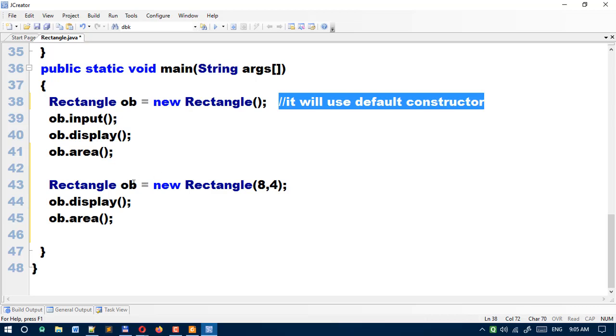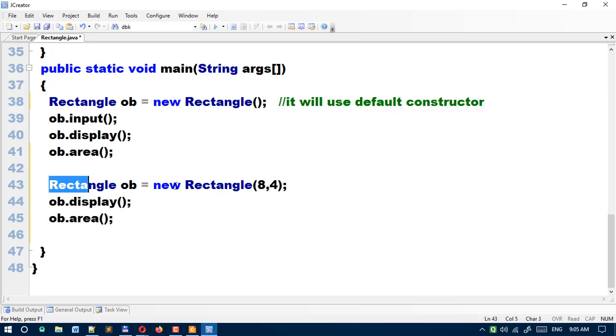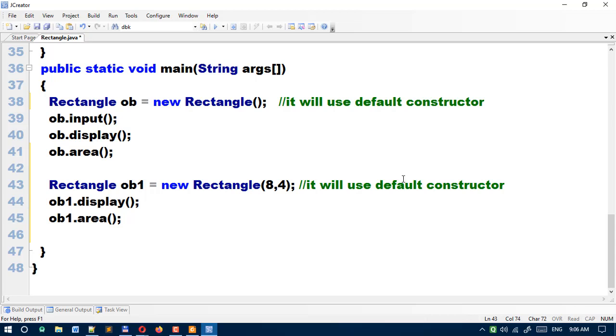Now see another one. In the second line, we are going to create object ob1. Rectangle ob1 equal to new Rectangle. Here we have passed two values, 8 and 4, as parameters. So instead of the default constructor, this line will use the parameterized constructor.